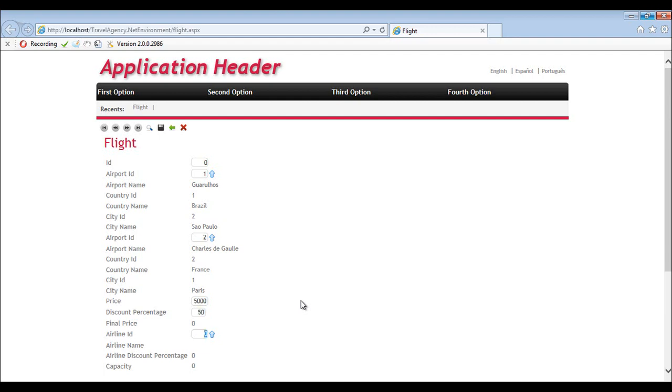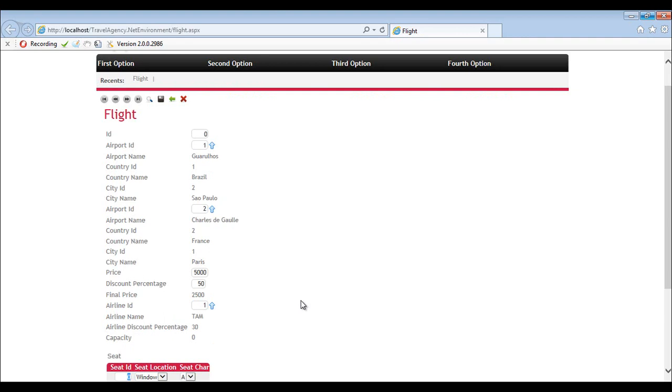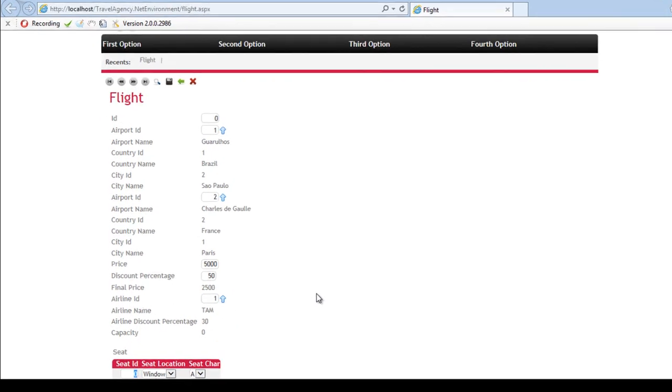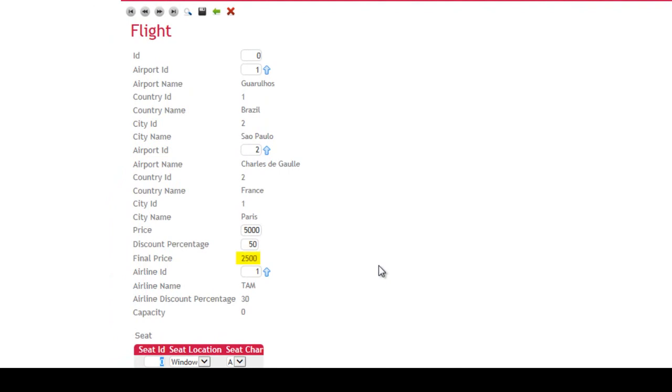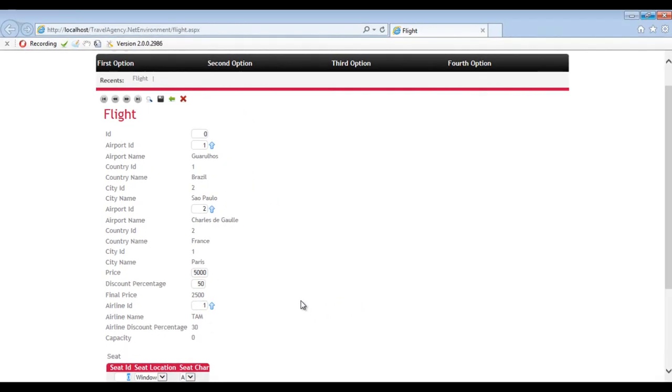We now select the airline 1, TAM, which, as we can see, has a 30% discount. The flight price shown is $2,500, so a 50% discount was made, which is correct because the flight discount was greater than the airline discount. We enter a couple of seats,